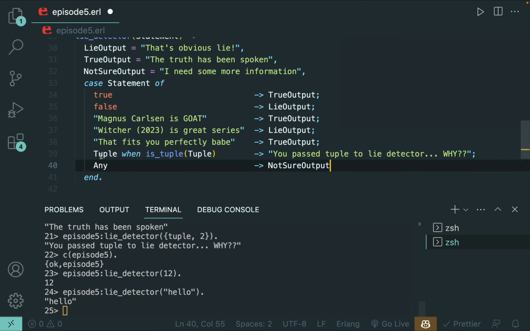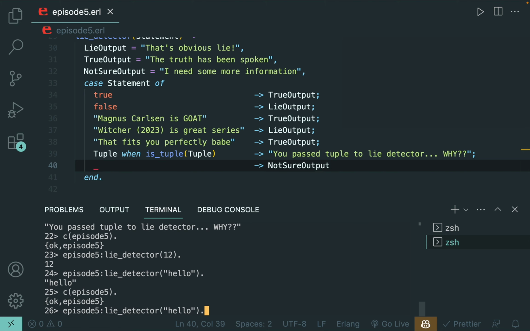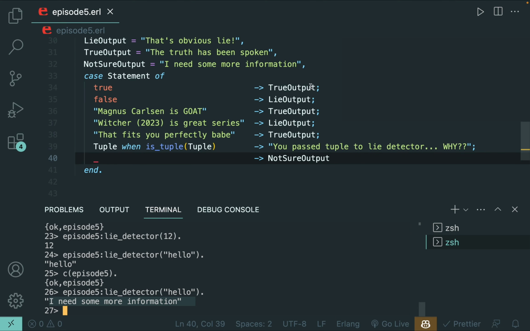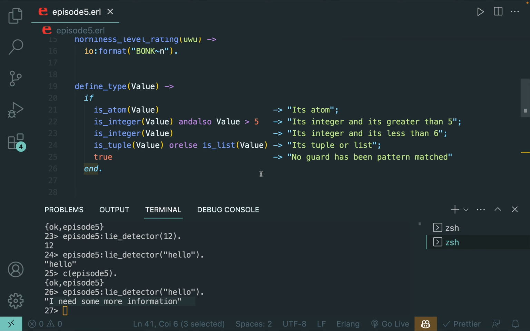Now let's remove this any. Let's get back to the previous version. Let's compile and let's put here hello, and our lie_detector will return "I need some more information" string. Yeah, so that works perfectly fine. As you can see, this syntax is very similar to the if expression. The last case doesn't require a semicolon at the end. We just have to worry about a semicolon or dot or comma after the end keyword. And yes, that's all in this episode. Hope you learned something and see you